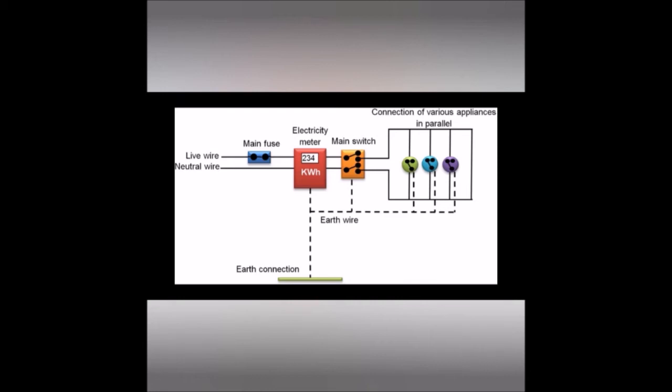The meter is used to record the consumption of electrical energy. The electricity is brought to the house by two insulated wires. Out of these two wires, one wire has a red insulation, called the live wire. The other wire has a black insulation, called the neutral wire. The electricity supplied to our house is actually an alternating current having an electric potential of 220 volt.